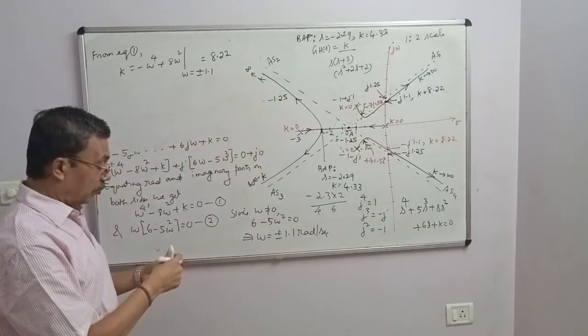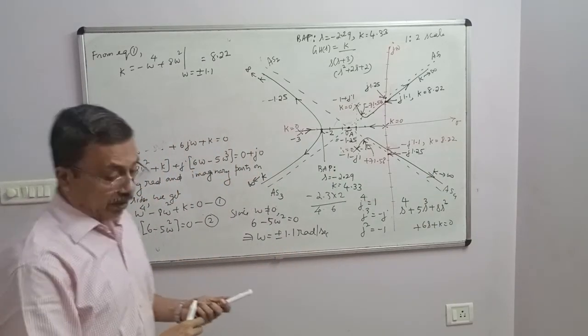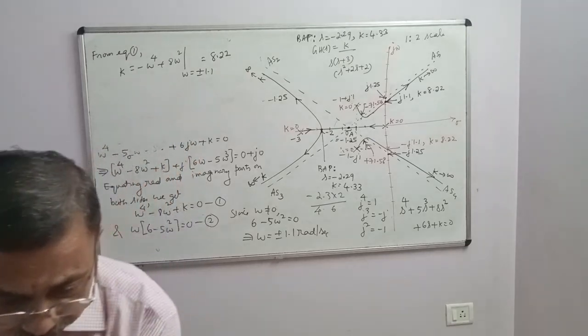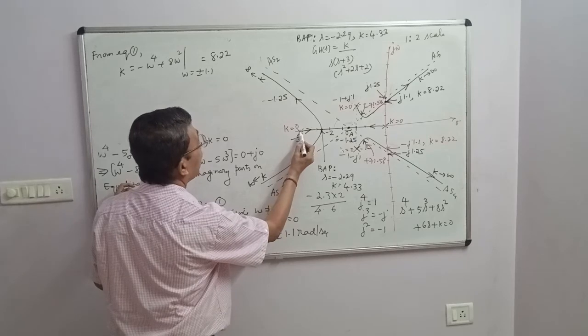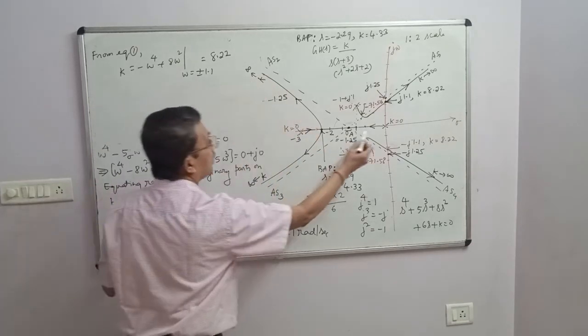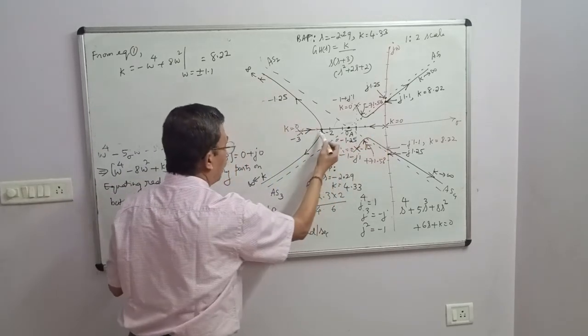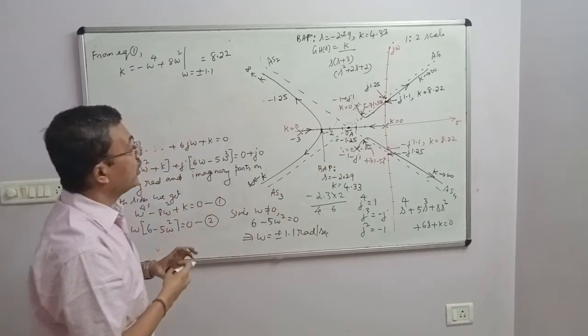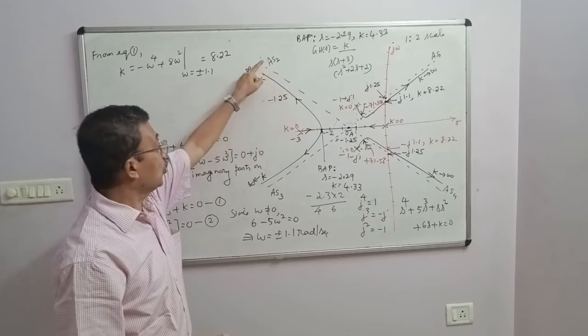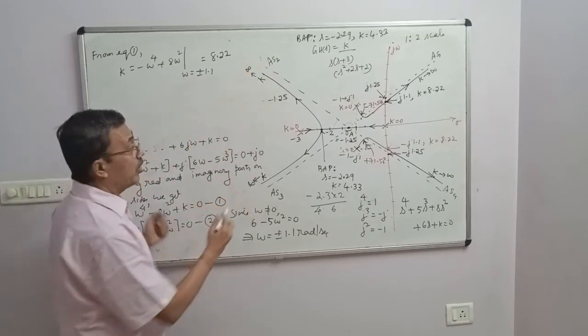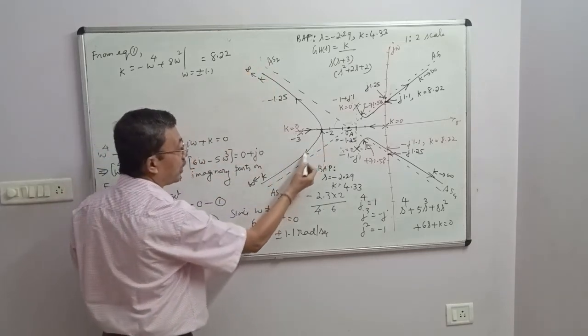So this is the complete root locus. I will trace the branches. There are 4 branches. You see, this could be branch number 1, starting on the pole at minus 3 and going along AS2. This is the other branch, starting on this pole and going along asymptote AS3. This pole has the option to select either asymptote 2 or asymptote 3. What I mean by that is this pole can go this way.